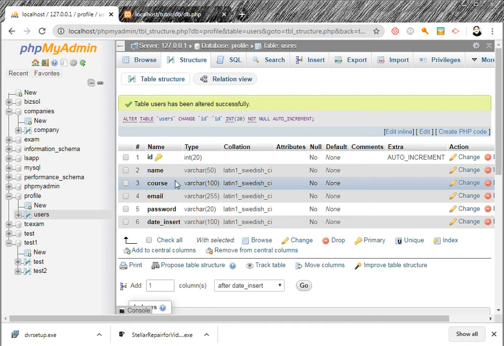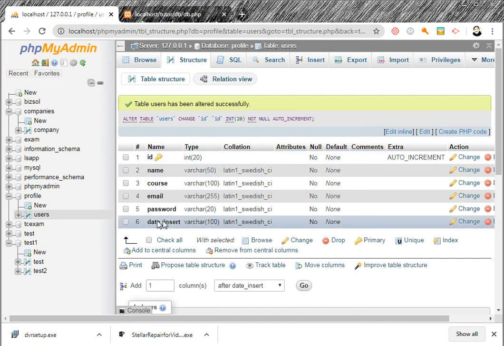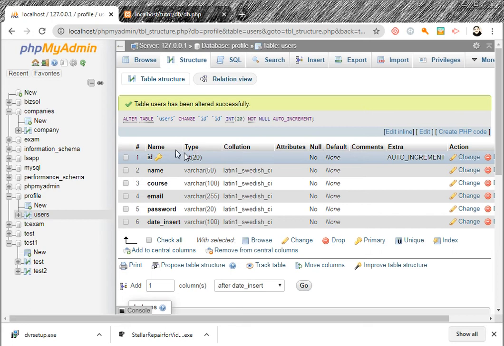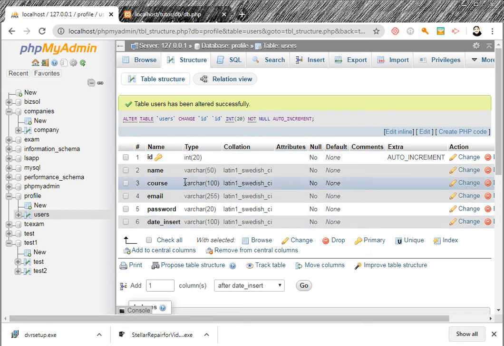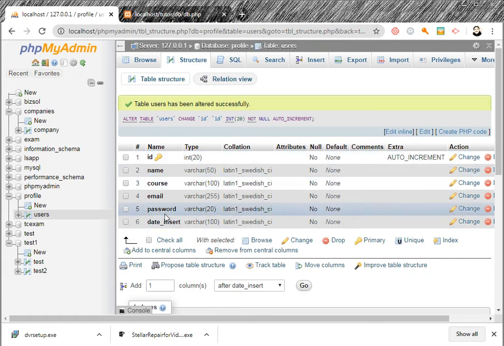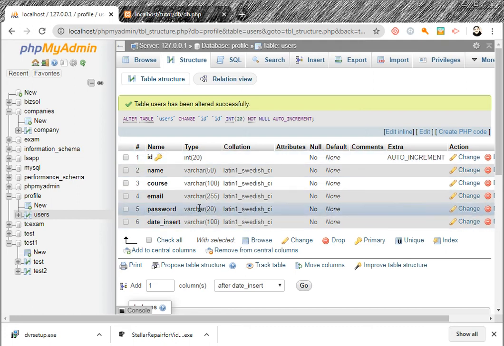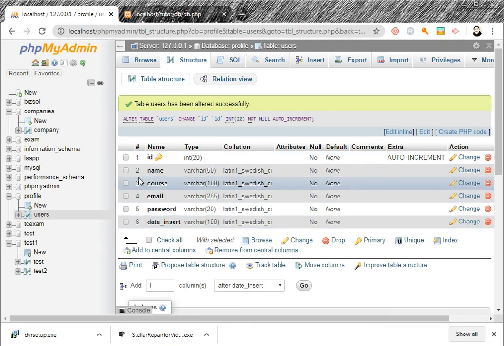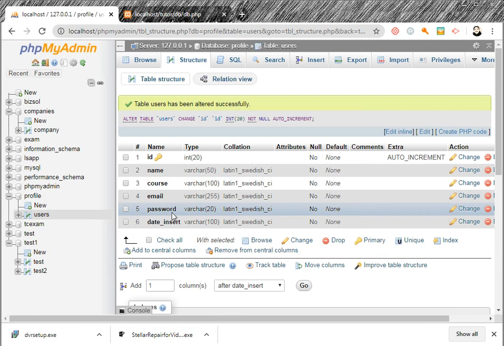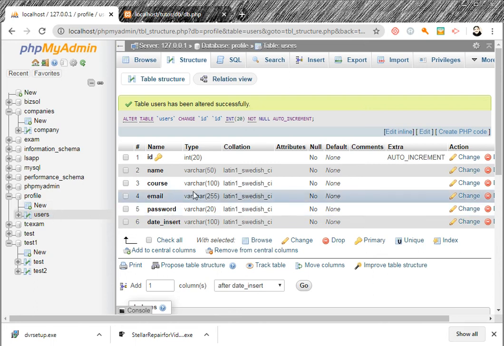We will save the user and the records will come here, update the user and the records will be updated here, delete the user and the records will be deleted from here. And we will view and search users, with records fetched from this database and this table.